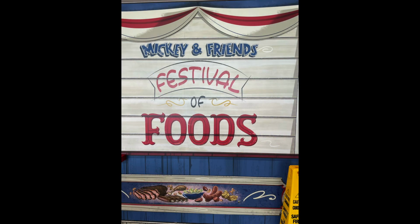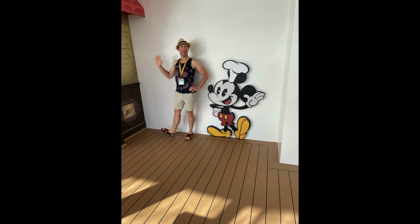And then out on the pool deck, we have switched it up again. So we have Mickey's Festival of Foods. This is like the new Mickey Mouse shorts that are on Disney Plus. Really, really good food. We have Mickey's Smokestack Barbecue, which has barbecue, obviously. It's really good. Good ribs, brisket, cornbread, corn on the cob. Just traditional southern barbecue fare. They've got a ton of different sauces that you can pair with all your meats. It was really good food. Actually better than I expected it to be, which is maybe rude, but...